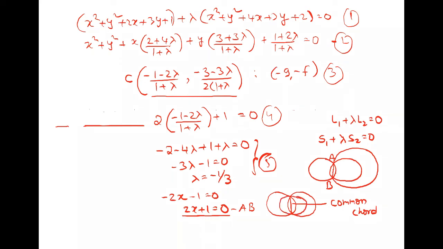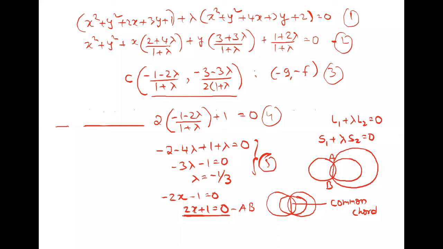Why did we multiply by 2? See, the line equation is 2x plus 1 equal to 0, that is 2 into x. What is x? This x is the coordinate of the center. Actually, what they mean is...